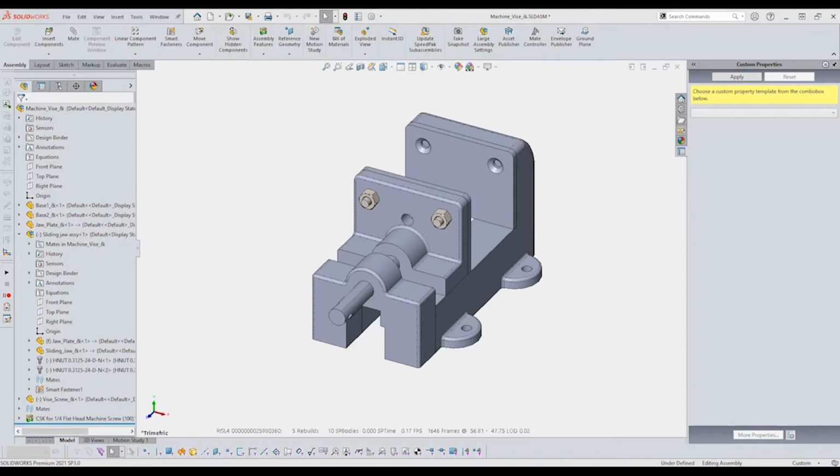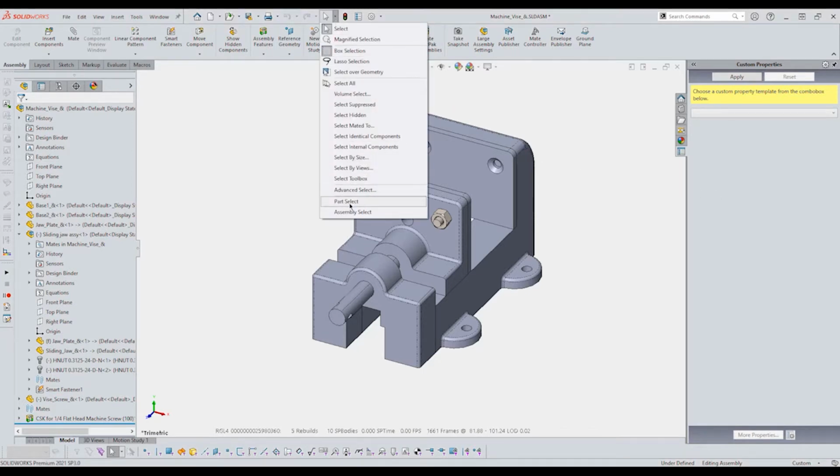I have here a small assembly I've just designed, and before I go to the drawing stage for these components, I need to apply my custom properties. This can easily be applied in bulk by using Advanced Select tools and the Property tab builder. Let's start by applying our common properties to our different classifications of components. I can come in and use my Advanced Select tool to select all my manufactured parts,